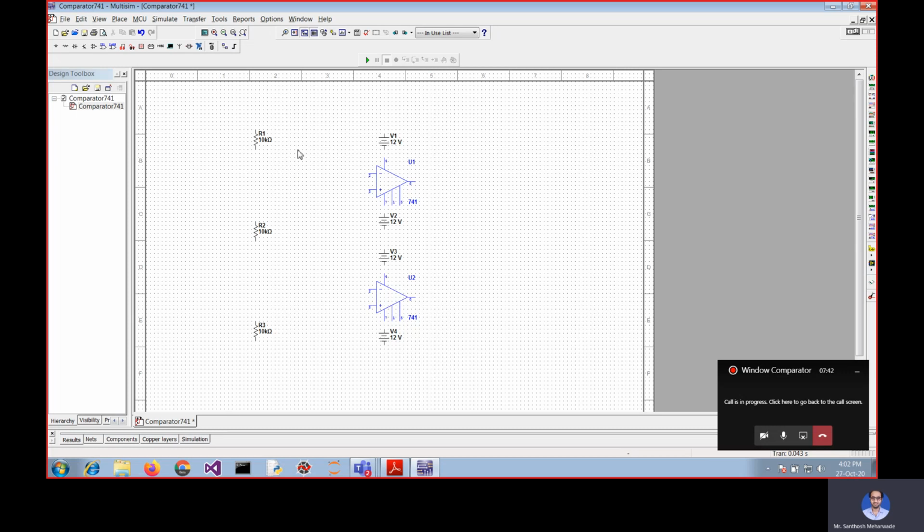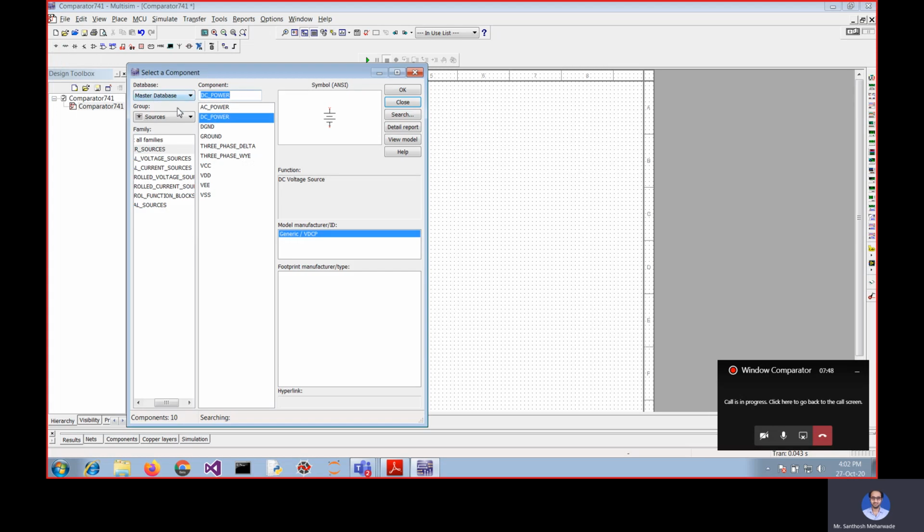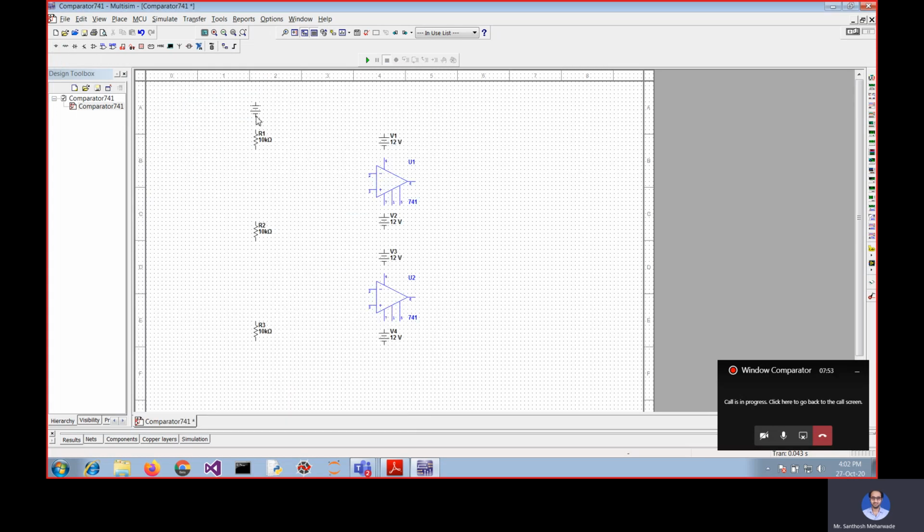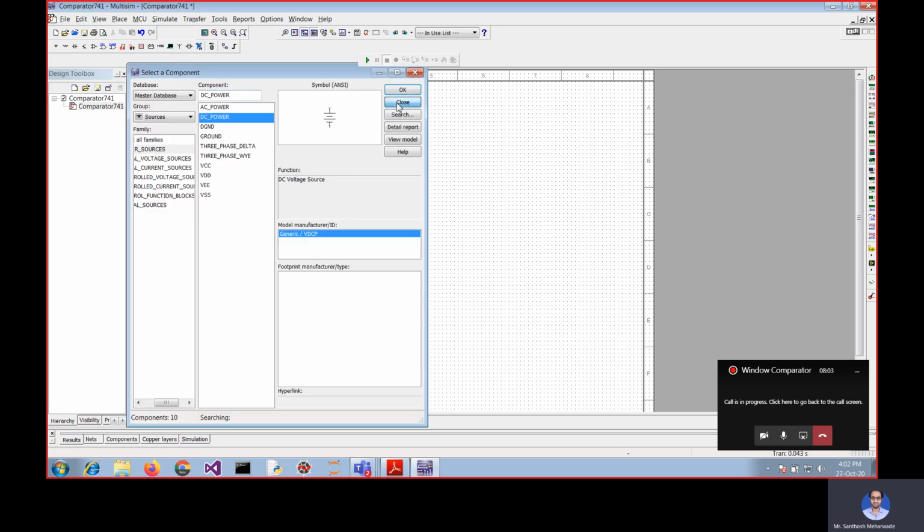Okay, next one is here I have to apply the potential, right? So for that again I will go for the power source, DC power. Okay, you can see that here the negative is near to this R1, but we want to apply positive, so Control R, shortcut key, like this.